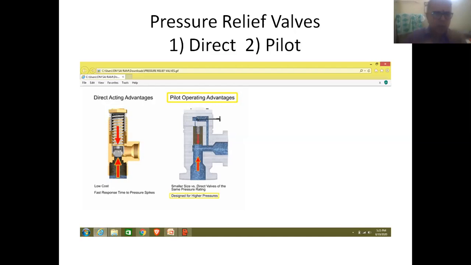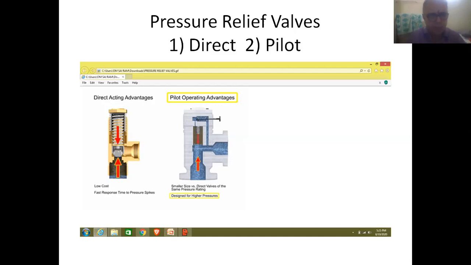As informed in the first arrangement, under normal conditions, the valve will remain in closed position, and under abnormal conditions, the excess fluid will enter through the inlet of the pressure valve, and it will exert pressure on this element.